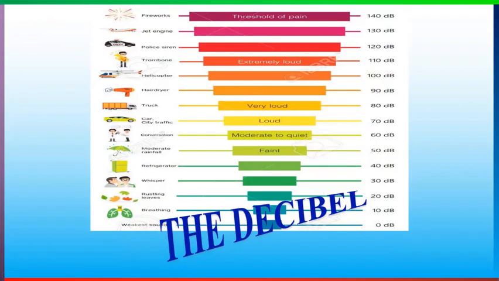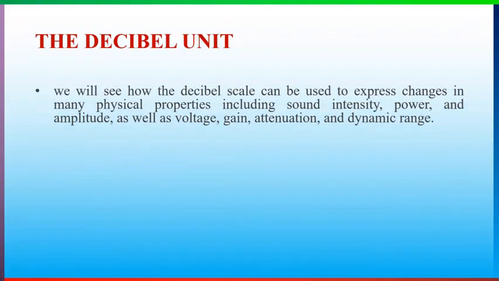So decibel is the unit of change. Any change in any variable can be expressed in the unit of decibel. This is a logarithmic scale based on 10. We'll see how the decibel scale can be used to express change in many physical properties, including sound intensity, power, amplitude, voltage, and so on. So if there is any change in these parameters, it can be expressed in the unit